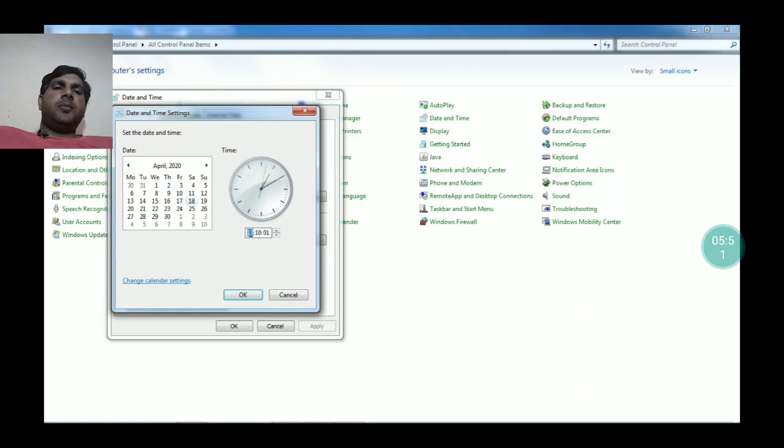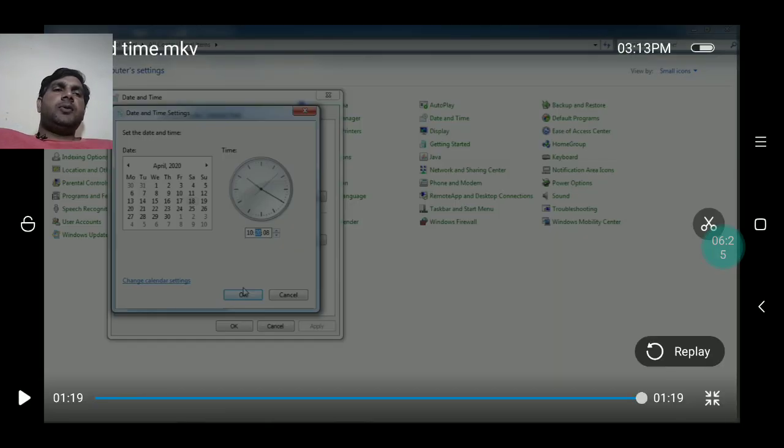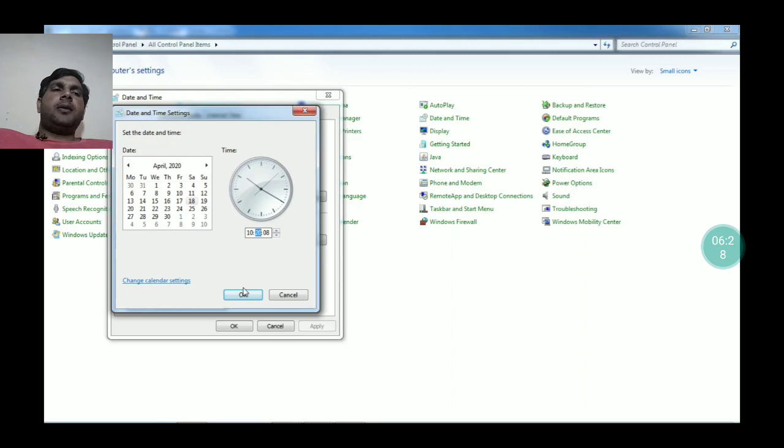To change time, the first part of this block shows the hour. Click on the hour, and then on the right side of this box there are two arrows to increase and decrease, up and down arrows. The next part is to change minutes. Click on minutes and then use the up and down arrows to increase or decrease. So we have changed the time here. Now click on OK. In this way you can set date and time of your system with the help of control panel.